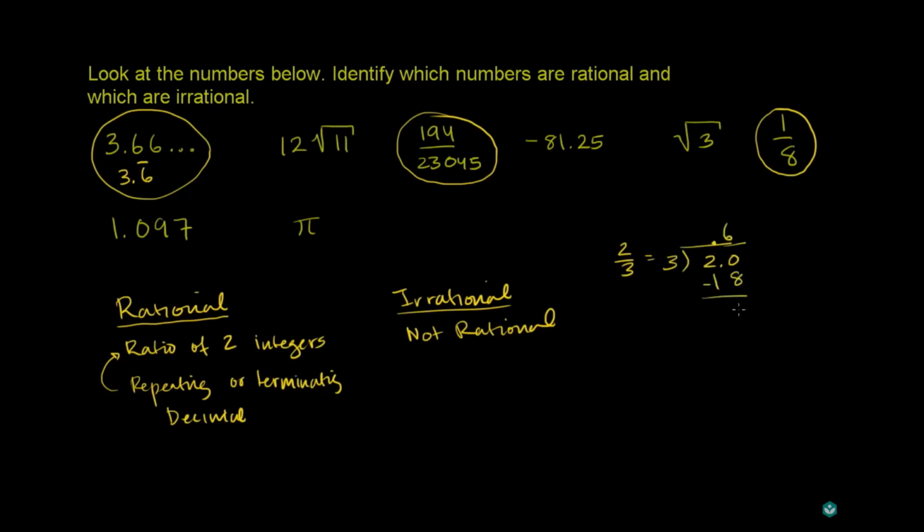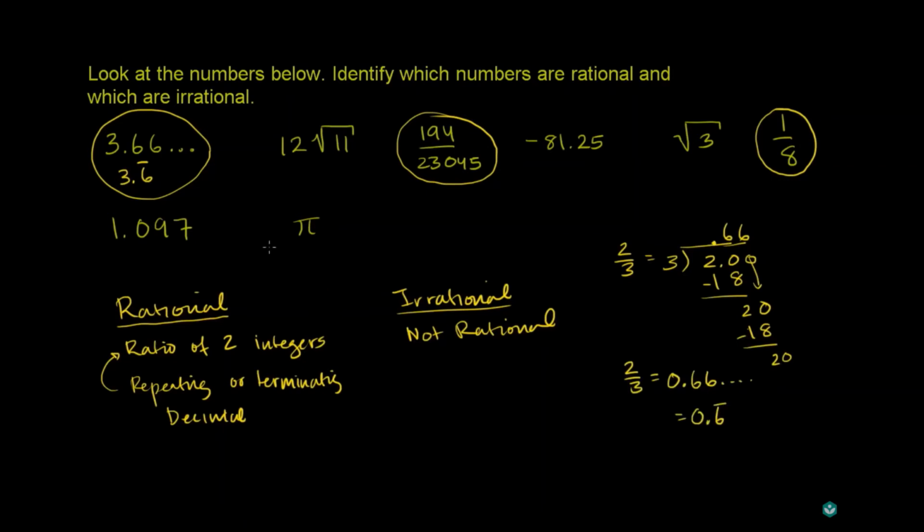You then have a remainder of 2. Bring down another 0, which is implicitly there. 3 goes into 20 6 times. I think you see a pattern here. 6 times 3 is 18. Subtract, you get a 2. Bring down another 0. So 2/3 is equal to 0.66, and it keeps on going, which is equal to 0.6